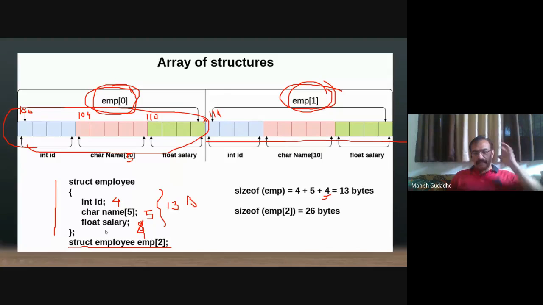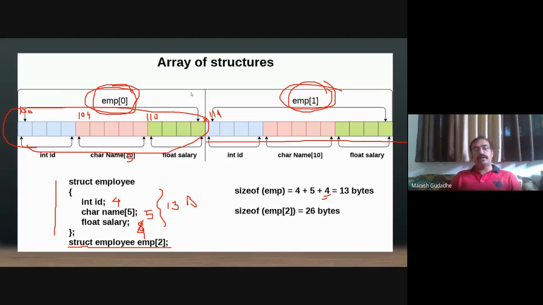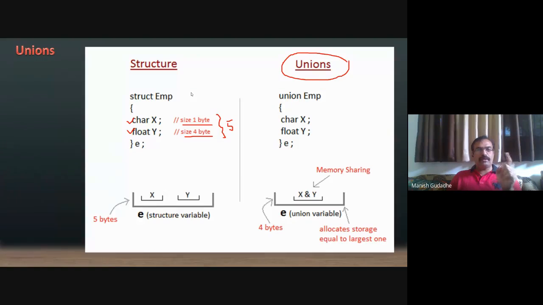Here the total size of the array is 52 bytes, as we have calculated, where there are 4 elements and all 4 are separately mentioned. But every time, not all 4 are going to be used. There will be a few cases where all 4 pieces of information will not be used, and there is no point, or where only one variable will be accessed by the C program at any point of time.